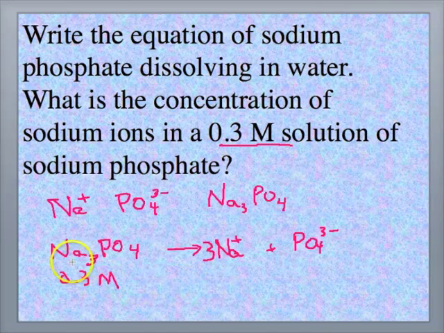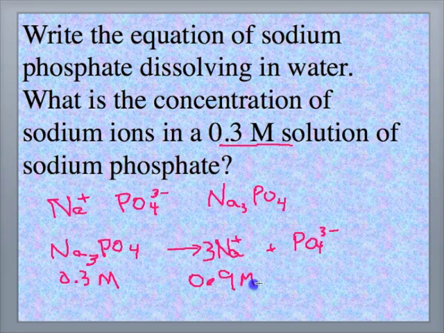So the concentration of sodium ion is going to be 3 times your starting molarity of the sodium phosphate, because it's a 1 to 3 relationship. Again, stoichiometry. So that's going to now be 0.9 molar in sodium ion. And the phosphate, of course, is only 1 phosphate on each side, so the phosphate is going to be 0.3